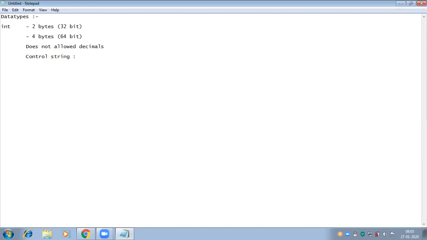So I'm utilizing the properties of the procedural language also. The control string to represent an integer value is %ld. When I'm using %ld in the input statement and output statement, then I can read and write the integer value.